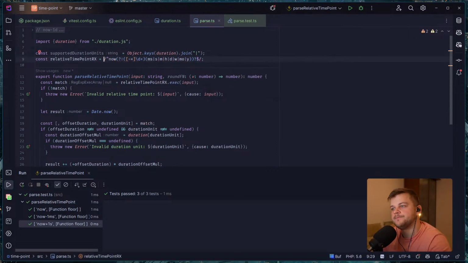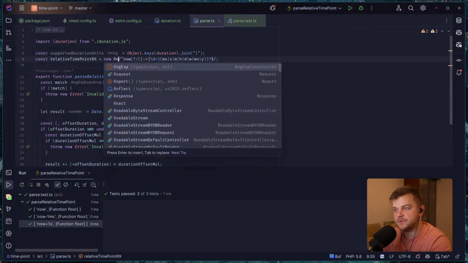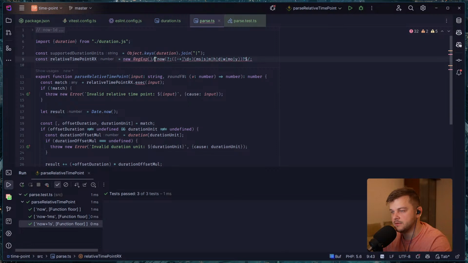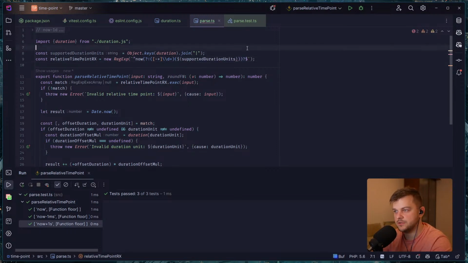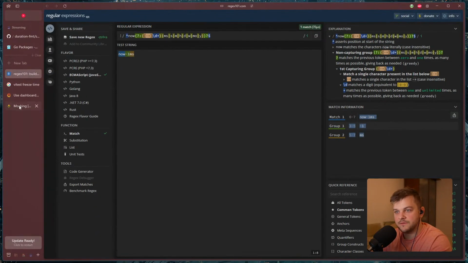So here I have to do regex. The string will be the same, but I won't have the slashes. This one goes to supported duration units. Why I do it through the variable and interpolation, because I will have to have this several more times. So now, as in the syntax of